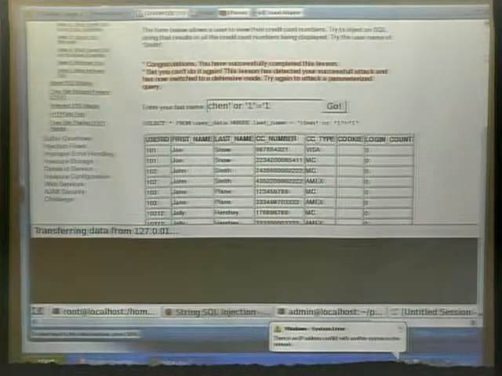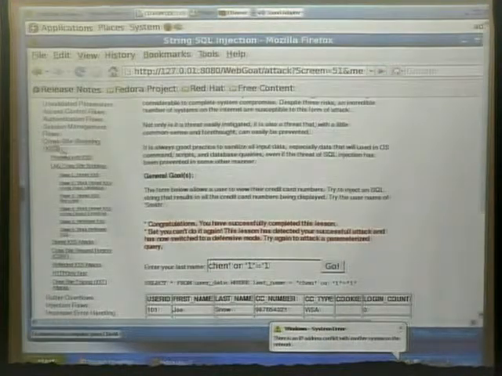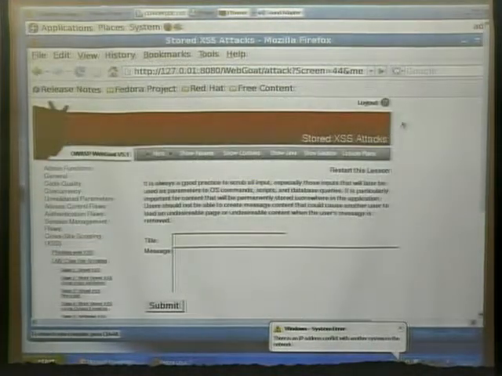So, cross-site scripting, and then, okay, I'm going to show this thing called stored cross-site scripting. Maybe I should restart this lesson as well. Okay, so for example, this actually shows an example